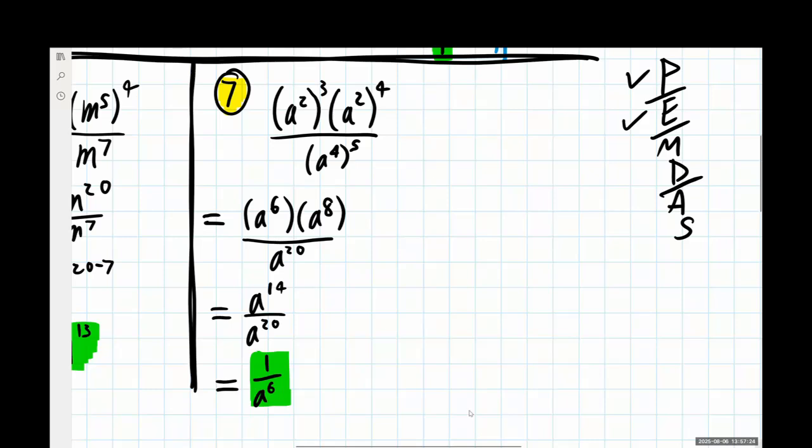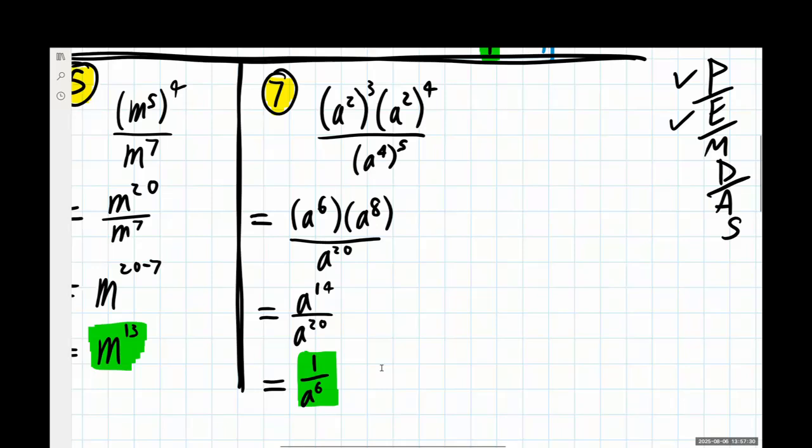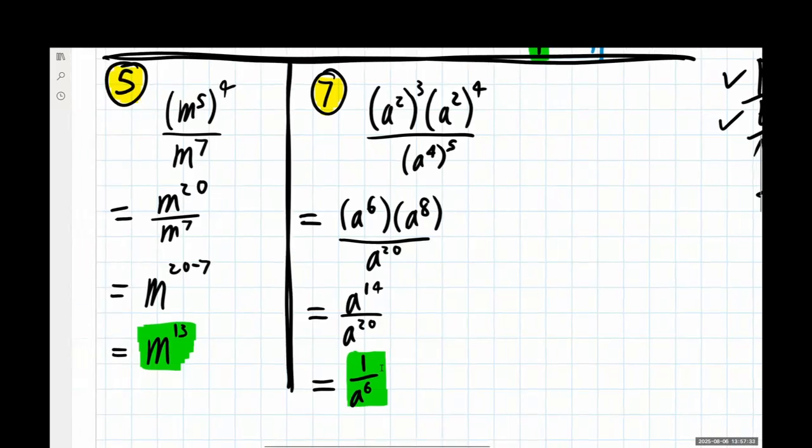So I'm hoping we're seeing that there is some variability and some options on how we could go through these things. I'm hoping we're also seeing that there is a lot of room for potential error with this if you're trying to do too much at once. So again, slow down, do one thing at a time, then the next thing, then the next thing, and so on. And you will slowly but surely chip away at this problem and get it down to its fully simplified form. Trying to do too much at once is what gets people into trouble with these problems. So be careful if you're trying to do too much at once.